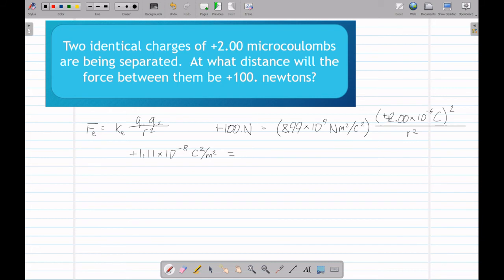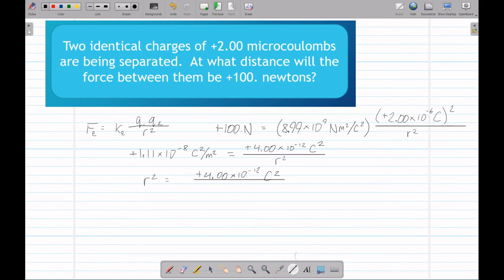On the right-hand side, we have positive 2 microcoulombs squared. So that is going to give us positive 4.00 times 10 to the minus 12th coulombs squared. And again, what is a coulomb squared? It doesn't really matter. It's all going to come out in the wash in just a few minutes. And then on the bottom, we still have R squared. So we have R squared is equal to positive 4.00 times 10 to the minus 12 coulomb squared